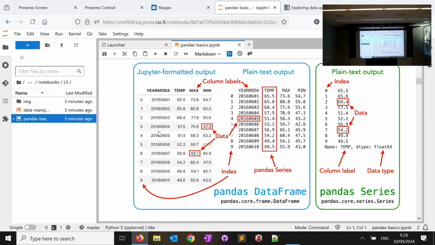One thing that is a bit familiar for you already, because you have worked with Python lists during this course, is this index value. The first column is your actual data, starting from year moda here in this data set. But when you create a data frame, or when you import your data into a data frame, it creates an index column for you. It's just a unique identifier for rows. We will see how we will need this later on, basically for selecting different kinds of rows and doing different kinds of operations. By default, the index value is just an integer starting from 0, but we will see later on